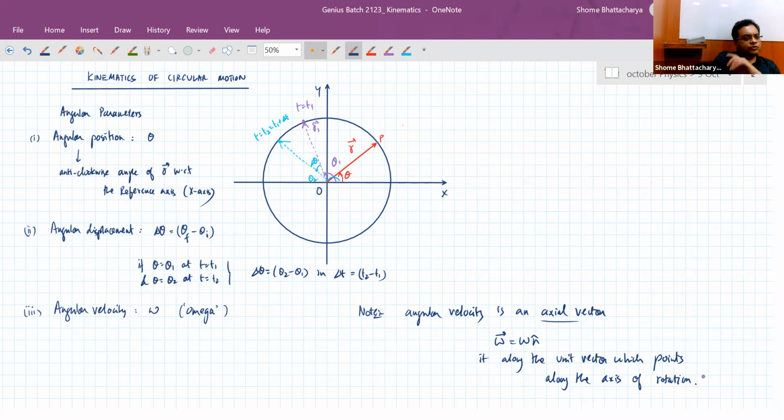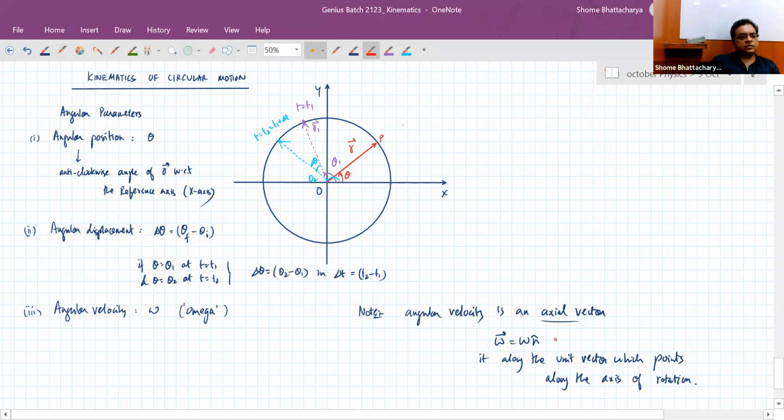Okay. So we will be using this vector notation for angular velocity in the later chapter of rotational mechanics, because there we can see that the rotation can happen about an axis which is changing. Here the axis is fixed, so there's no need to define it as a vector quantity. We can just define it with a scalar, but with algebraic sign.